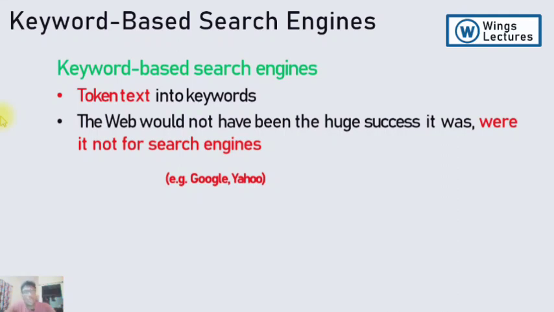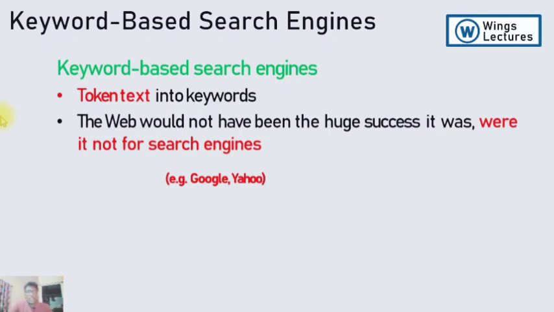So the key role of the keyword based search engine in websites, usually we know that in Google and Yahoo, we give the input as token text. For example, if you are looking to buy something on the internet, like a good mobile phone or good smartphone, you will give the keyword to the Google search engine, right? It will provide you a bunch of results on the very first page, right? So all the searches in the search engine are based on keywords, right? Here the token texts are converted into keywords.